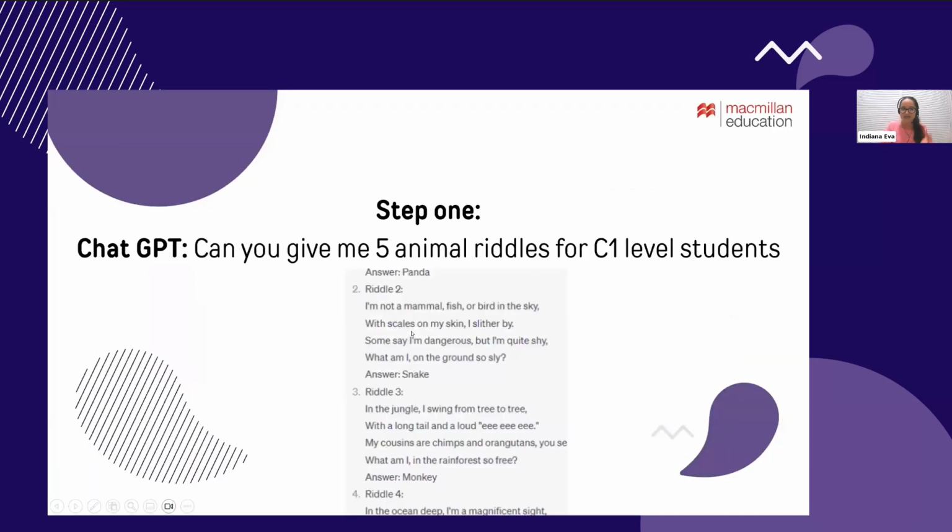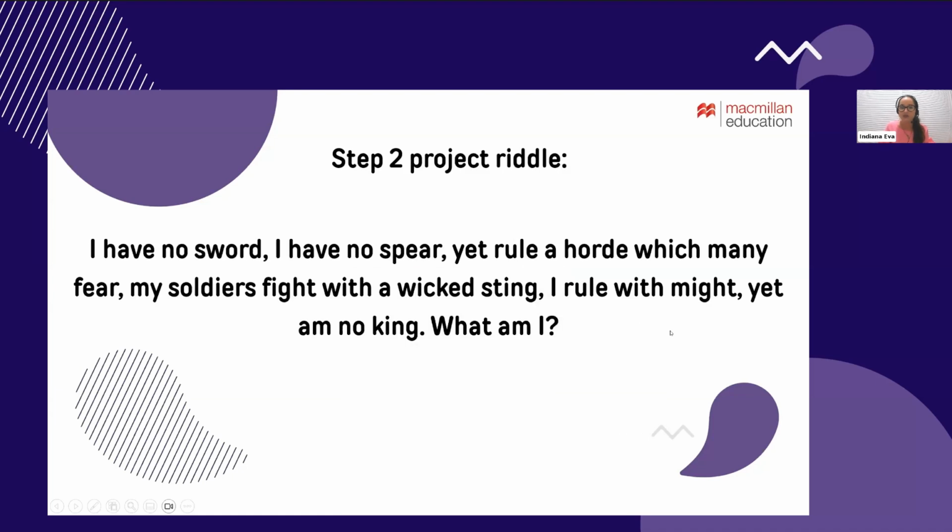And then the next thing is to come up with riddles. My idea first with the younger learners was, okay, maybe riddles could be a good one, but now with AI, you can grade the riddle according to the level that you have. So I thought, okay, can you give me 5 animal riddles for C1 level students? ChatGPT came up with some riddles, and then you project the riddle on